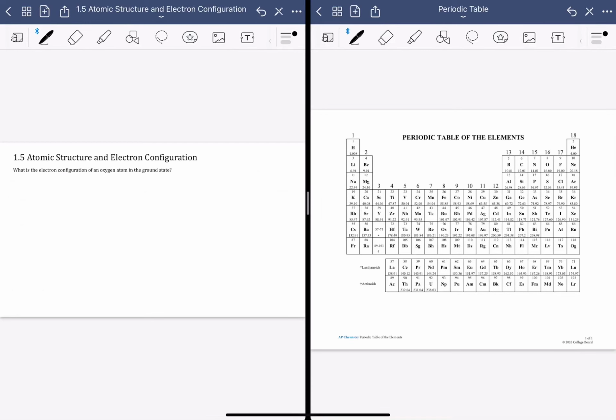Unit 1.5 Atomic Structure and Electron Configuration. What is the electron configuration of an oxygen atom in the ground state? And so before we go on to this problem,